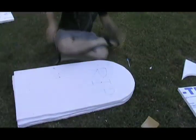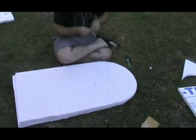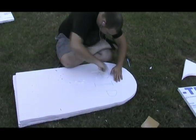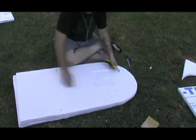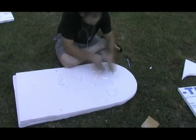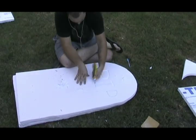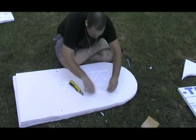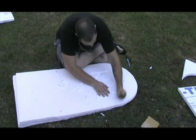Now I just freehanded the letters on there, RIP, I did pretty generic, and then grab your knife and cut them out. Kind of cut like a V shape around the outline of your letters, and then just scoop it out with your finger. You don't need much scooping, and it makes a very nice kind of embedded rock cut